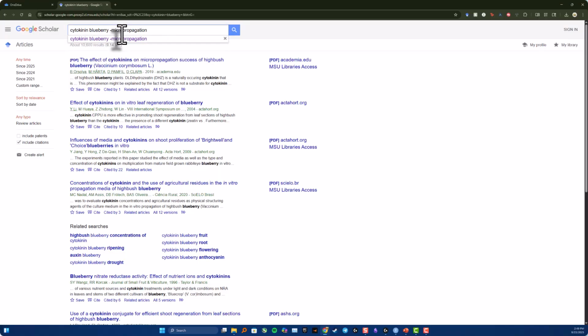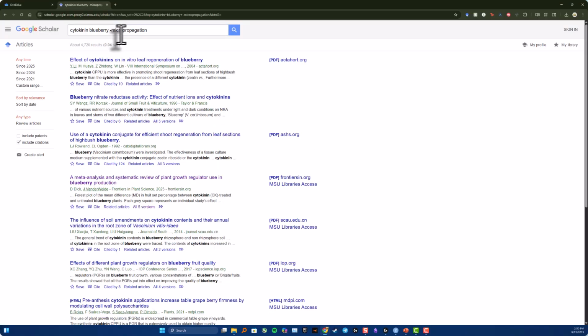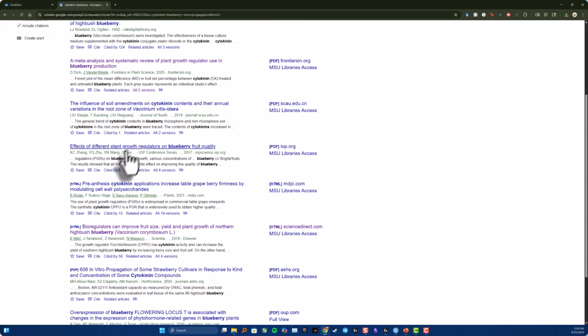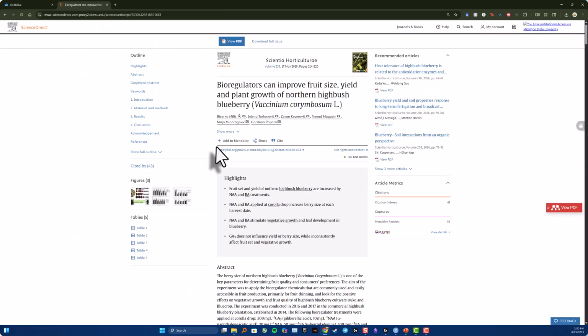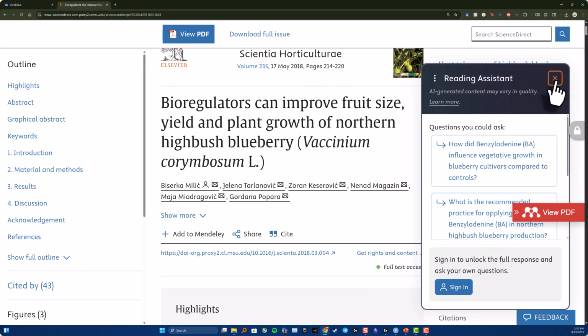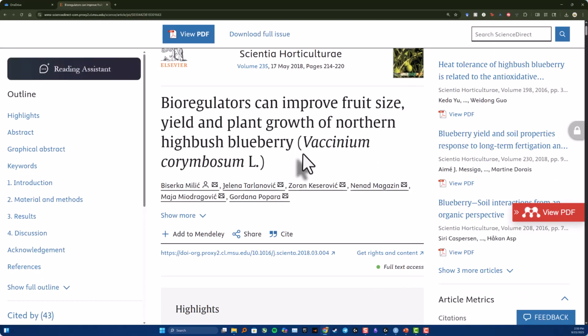So once again, if I type in the minus symbol and propagation, it will negate all of the results that included that in it. So from here, I'm just going to go down, here's my paper here, go down to this paper here, and I will run you through how to figure out if the paper has the information that you're looking for. So in my example, I was looking for the increase of fruit size or decrease or change